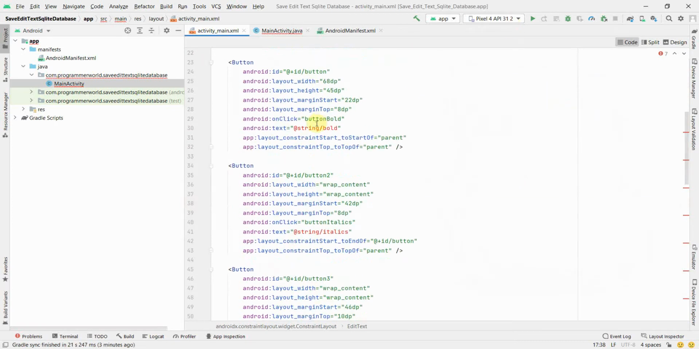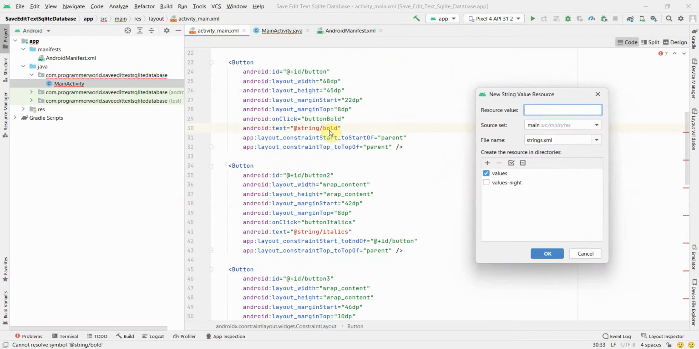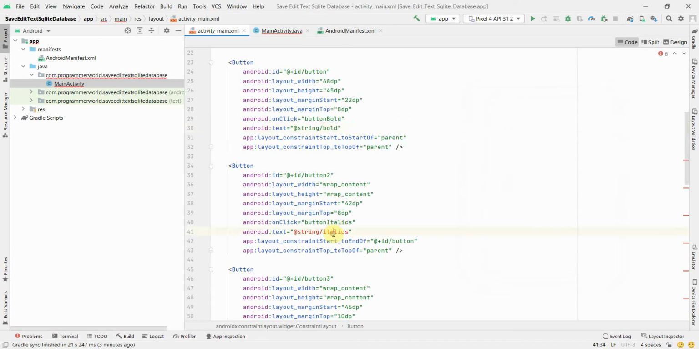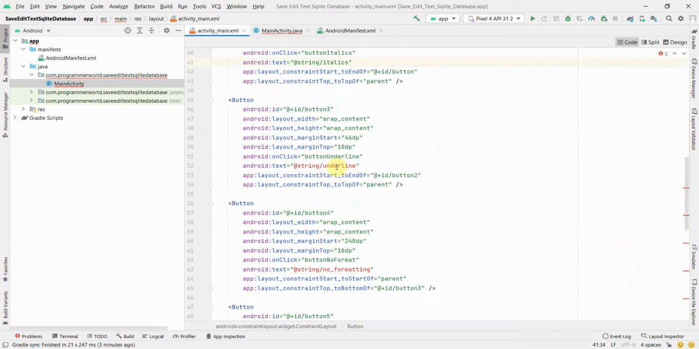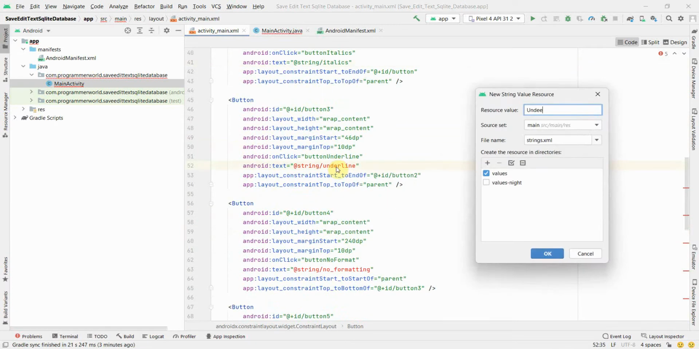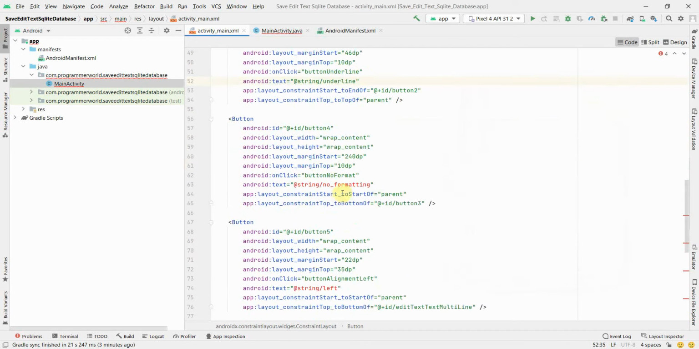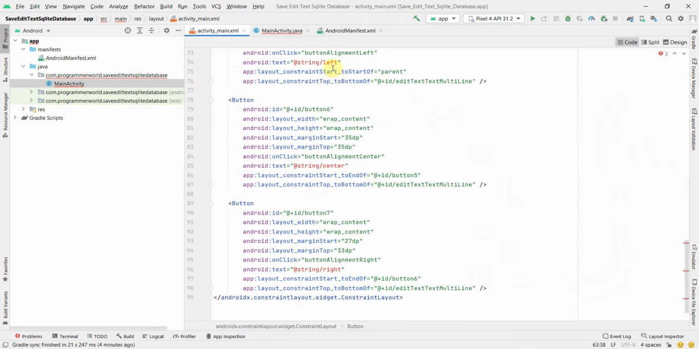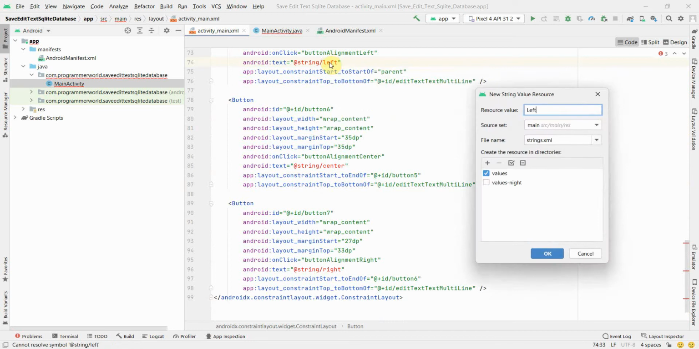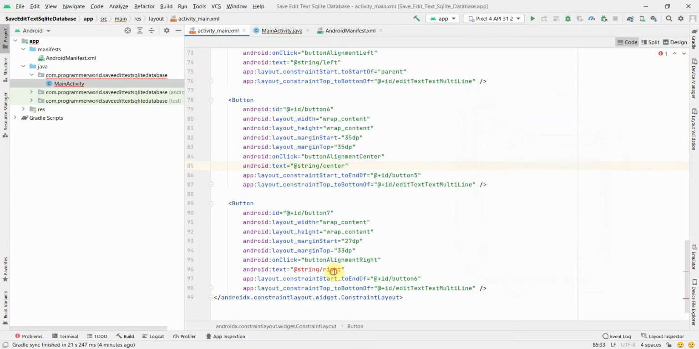Okay, similarly the next one would be I think bold. Next one would be italics. Next would be underline. Yeah, so little bit of work is required before we can proceed with our current video. Formatting, okay, and then left, center, and right. That's it. So left, center, right. So once I have done this, I think I'll quickly go to the design view to see everything